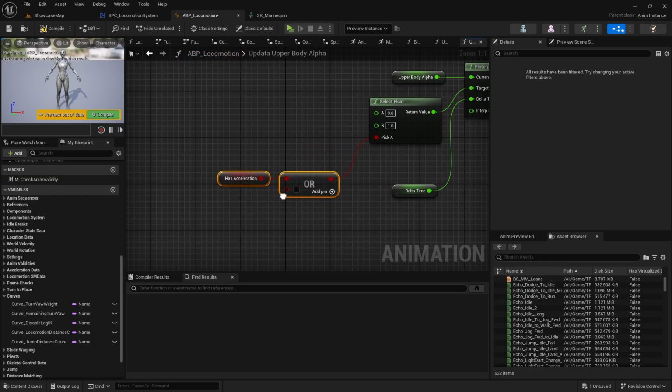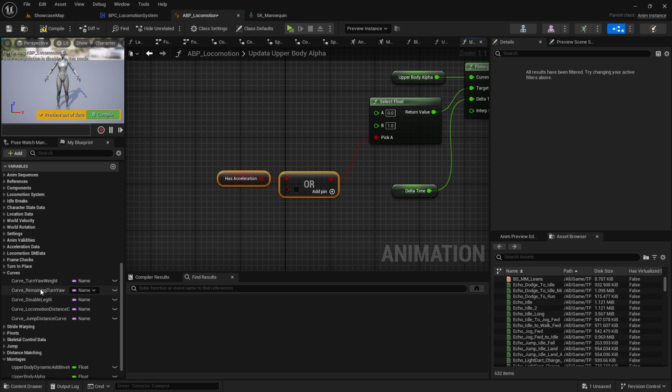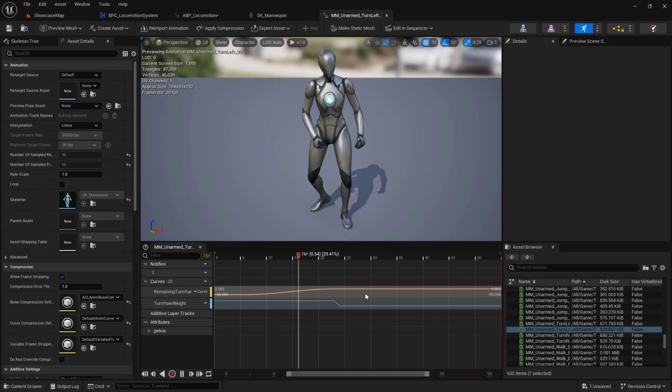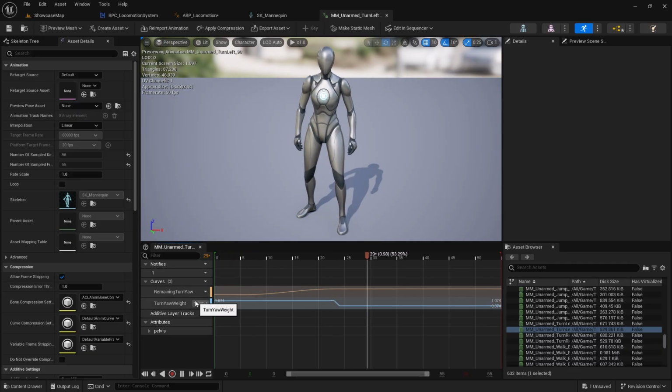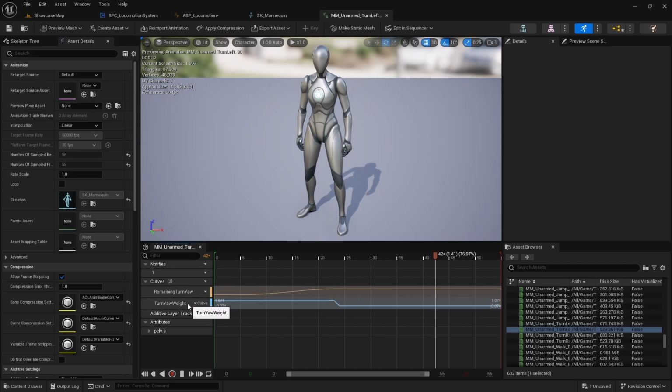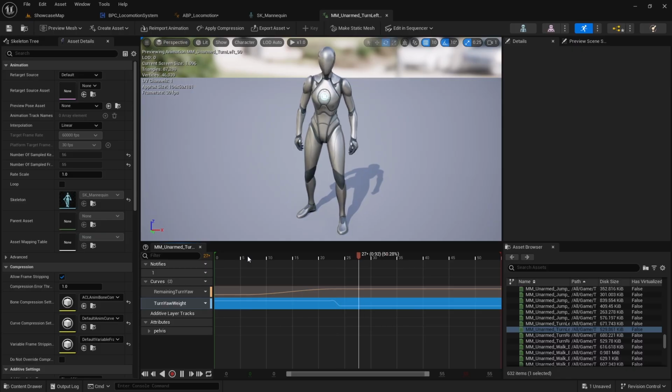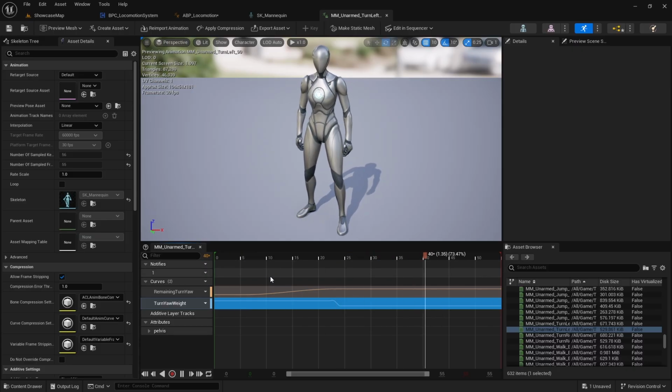And the second condition goes with animation curves. So we have these curves, right? One thing is this turn your curve. If you look into the turn animations that we have, for example, this unarmed turn left 90, we have this curve called turn your weight, right? So based on these curve values, we can smoothly interpolate the upper body alpha based on this specific curve value,